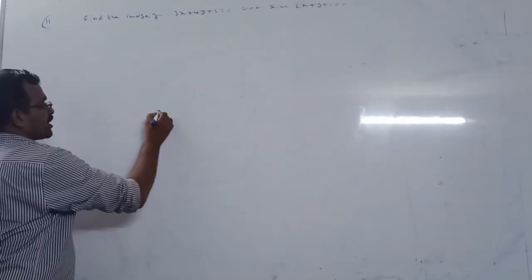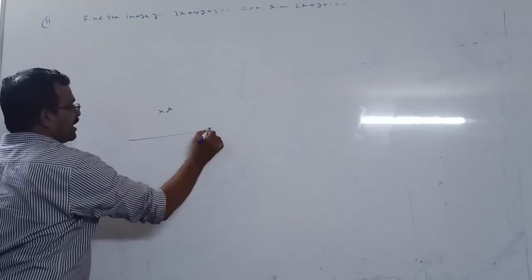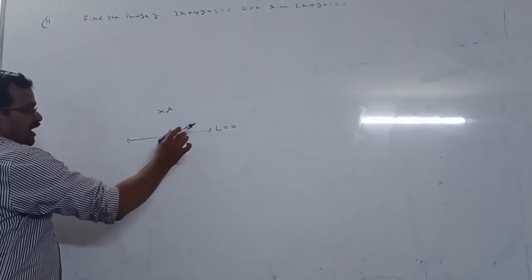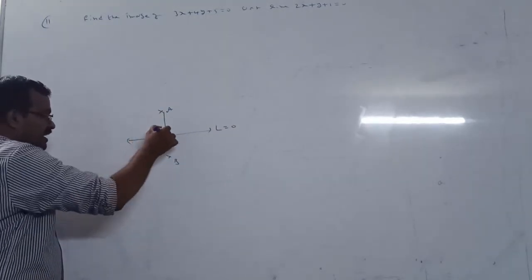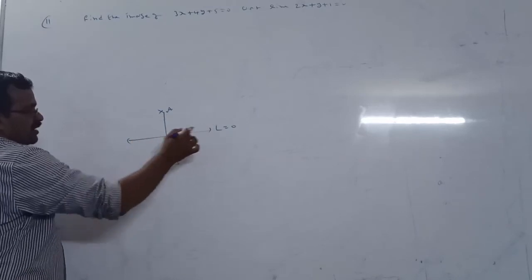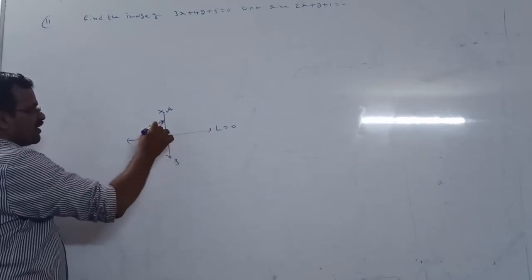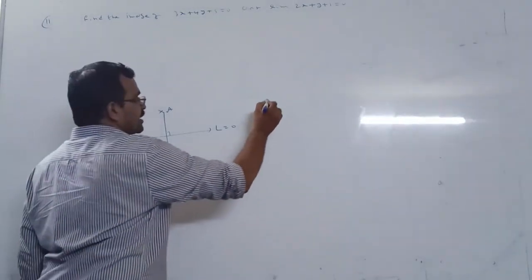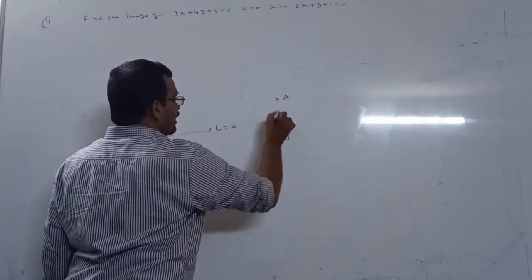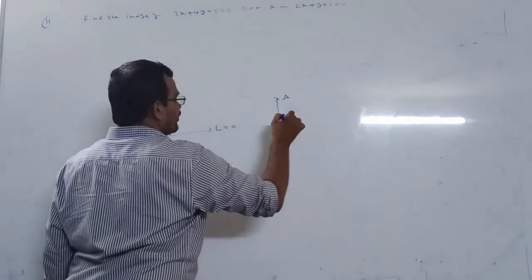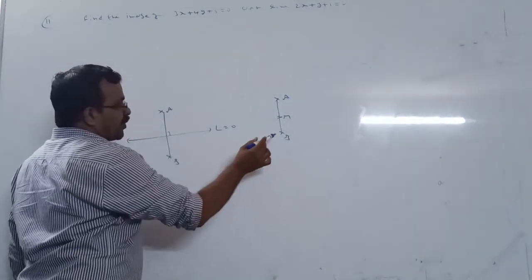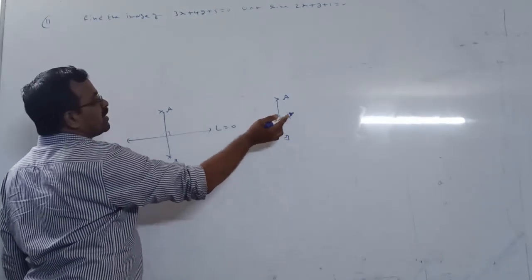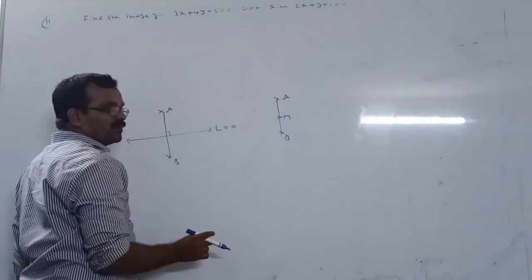Generally, reflection means suppose A is one point and the line L equal to 0 is the perpendicular bisector of the line joining A and B. Then you say B is the image of A. In the same way, for points A and B with midpoint M, the point B is the image of A with respect to the point M.